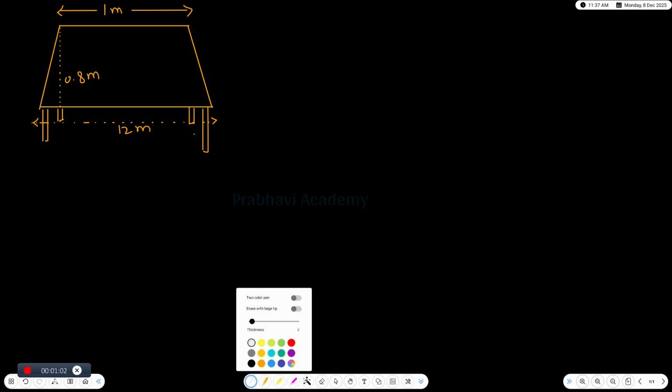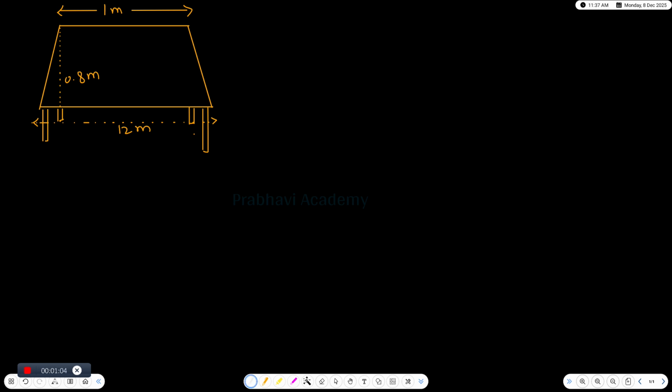That means the top of the table is the area of a trapezium. That means here the area of the top surface of the table is equal to the area of trapezium,